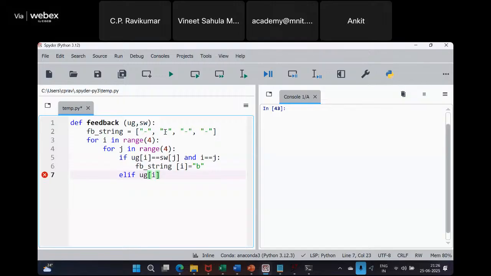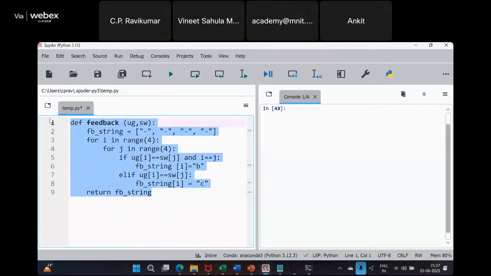UG of I equals SW of J, then feedback spring of I equals C. Then return at this point. We have already initialized it to minus minus, so if nothing happens, we'll just leave it at this. Right? So if you compile this guy,